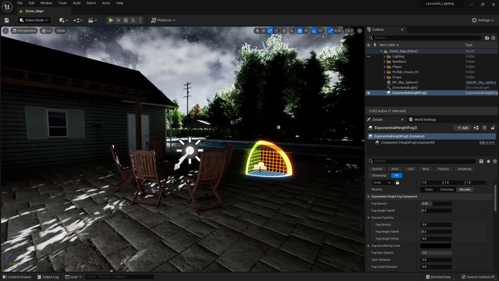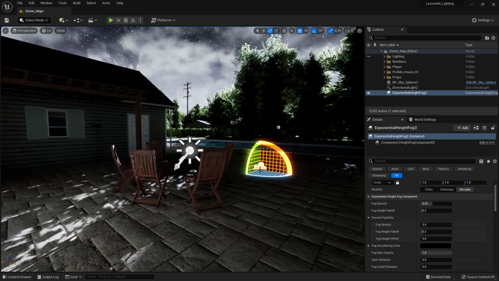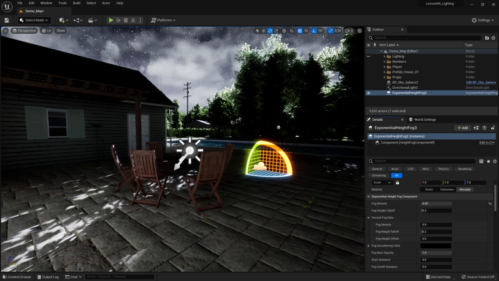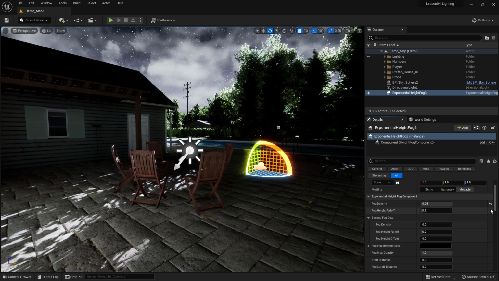The reason we call this height fog is because you get more density, more fog, in low places of your map, and less density or less fog in high places of your map, which is ideal for landscape. That's why we call this not just a typical fog, but a height fog, which is quite useful. Now, this height fog comes with, of course, density. So we want to crank it up, but we don't see much right now